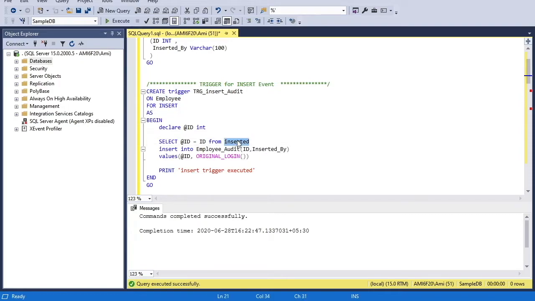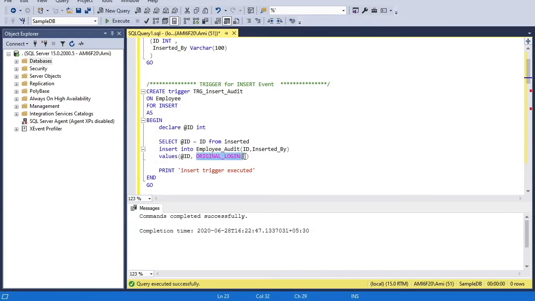This is SQL Server's internal working, how the magic table works, but inserted is basically a magic table which is managed by SQL itself. So we'll store the newly inserted ID value in this variable, and finally we'll insert this ID value into the employee audit table.